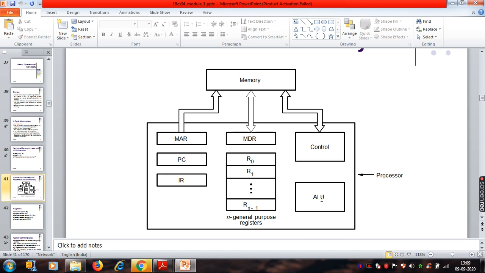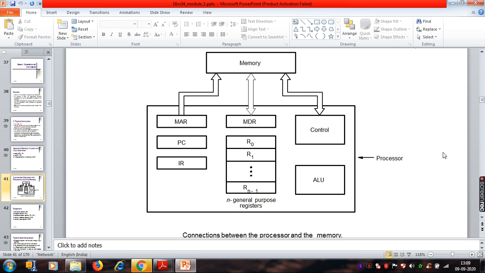Then this is the arithmetic logic unit, which you know already. And this is the control unit. You know already that the control unit generates proper control signals. What are the roles and responsibilities of these individual functional units within this particular architecture? We'll see. You need to understand these four parts. R0 to Rn are general purpose, and we call them GPRs, general purpose registers.